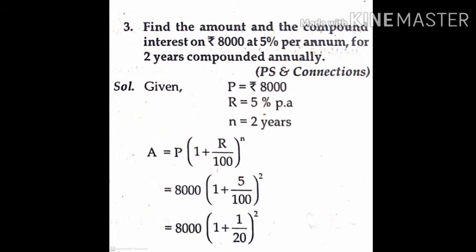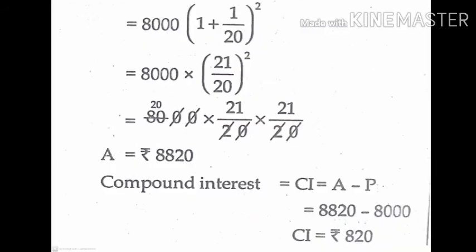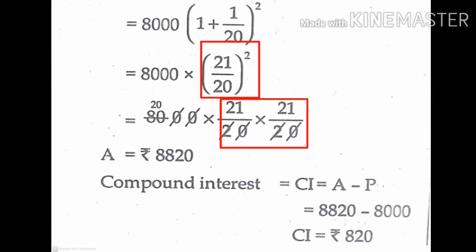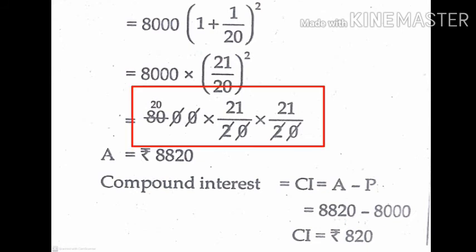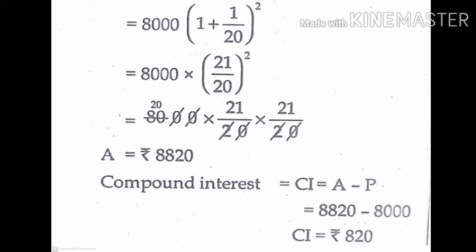Next step, 8,000 into 1 plus 5 by 100, 5 ones are 5, 5 twenties are 100, 1 by 20, whole square. Next step, 8,000 into 20 plus 1, 21 by 20 whole square. Next step, 8,000 into 21 by 20 whole square means we can write base 2 times, that is 21 by 20 into 21 by 20. Cancel the zeros and in the denominator 2 twos are there. So 2 twos are 4. Then 80 is divisible by 4, we get 20. After multiplication, we get